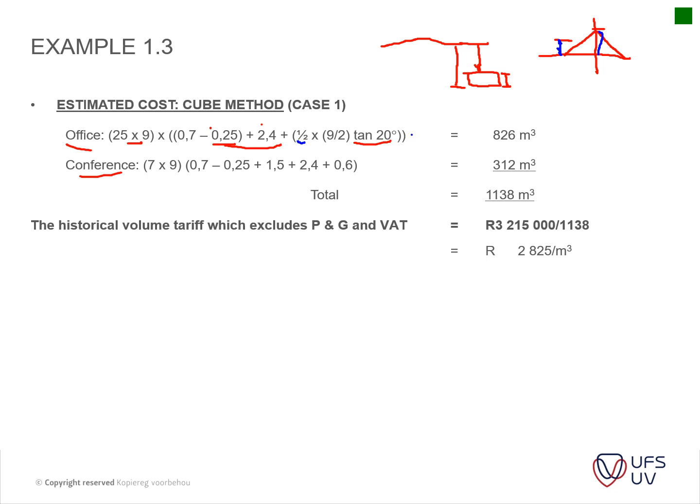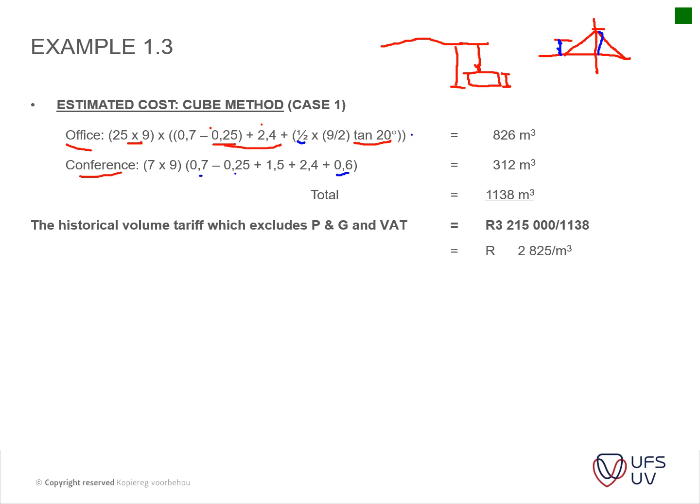If you look at your drawing, which is on page 1.10, you will see that you've got a flat concrete roof here. So then you just use the rule of the 0.6 above your flat roof. Okay, so you still have that section there,